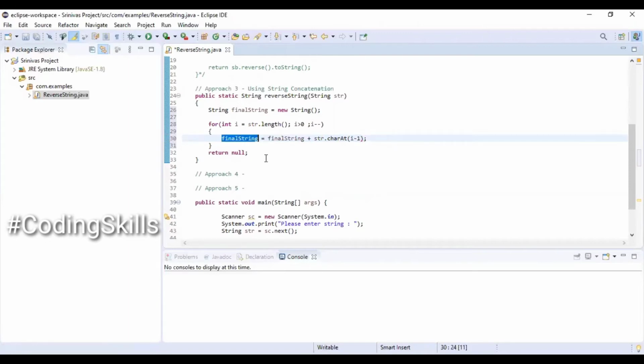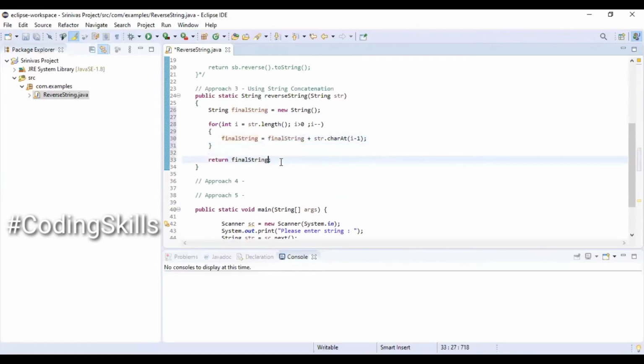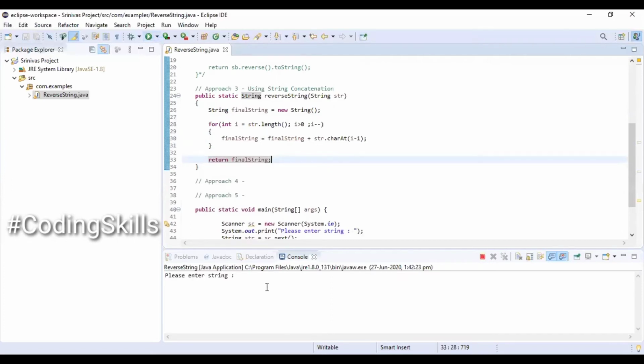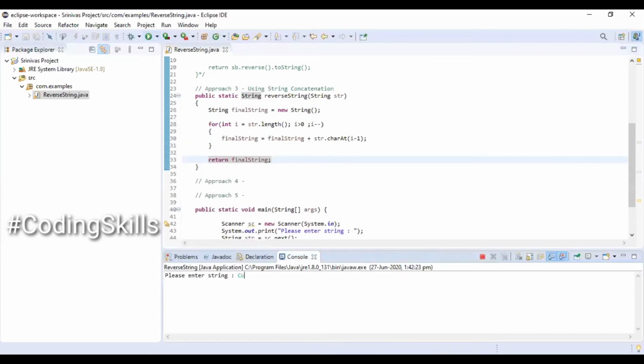So basically we are reading the values from the reverse direction and appending into the string variable. Once we are done with the for loop, we are returning the final string. Executing the program. Entering some value. We could see the value as expected.